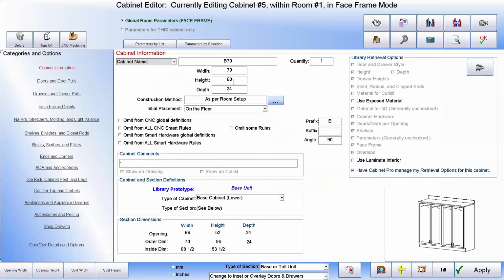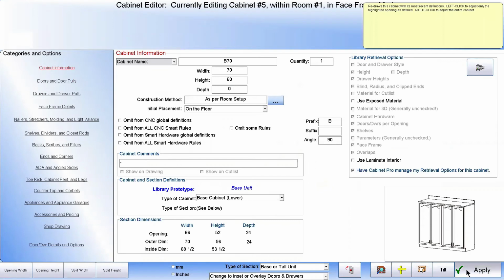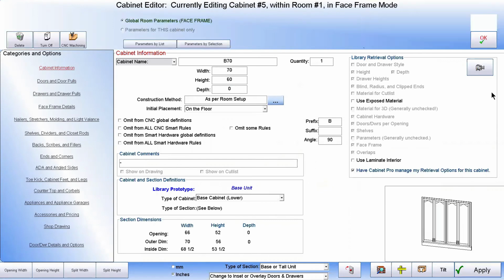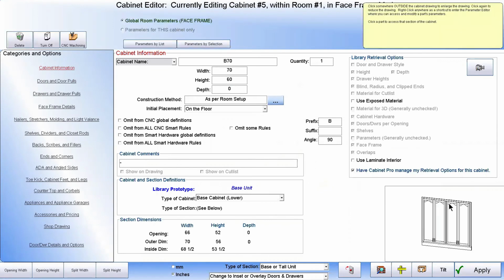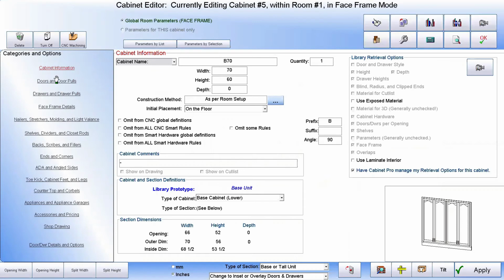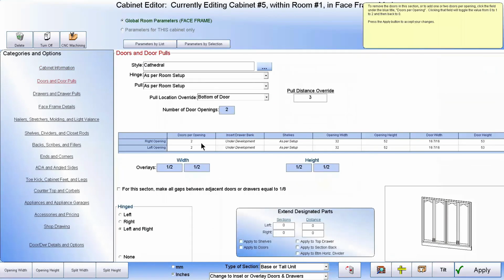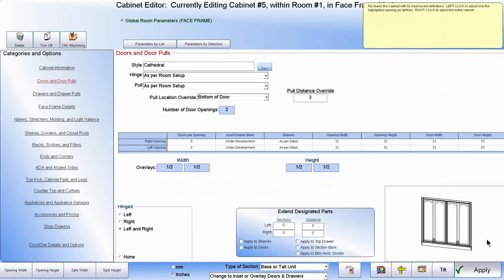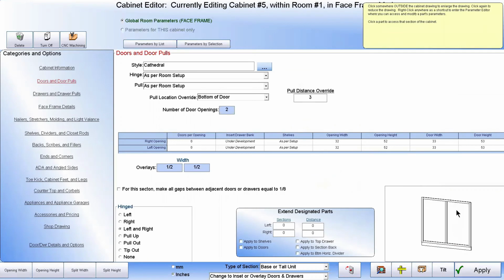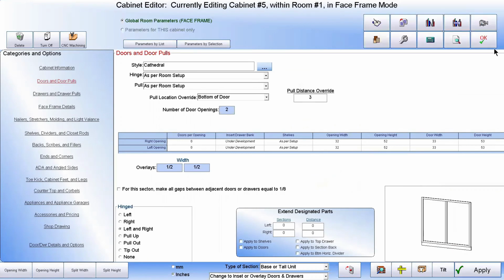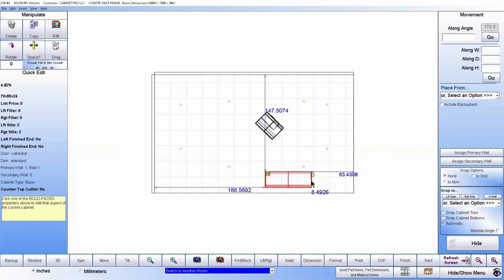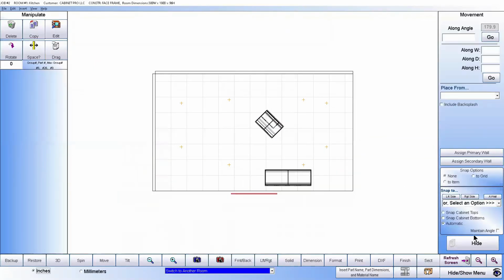So the depth is equal to 0. But now if I didn't want any doors there, let's take the doors off. Now we just have a face frame with 1 style in the middle. So if I hit the OK button and then snap that back to back,